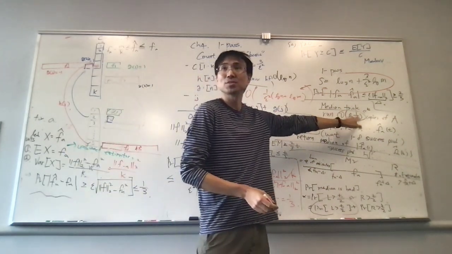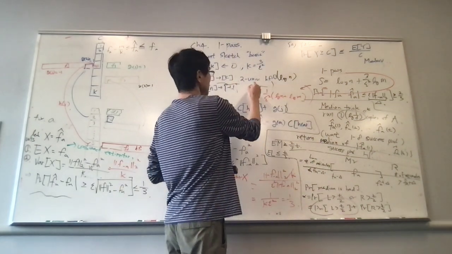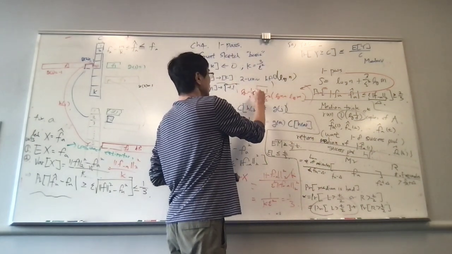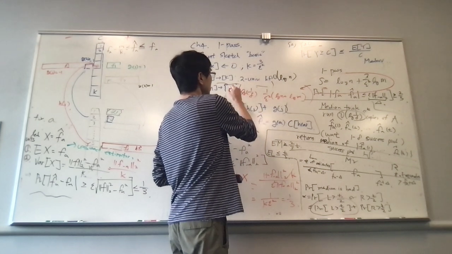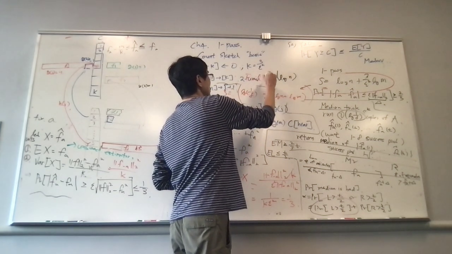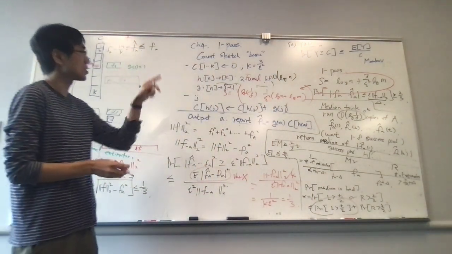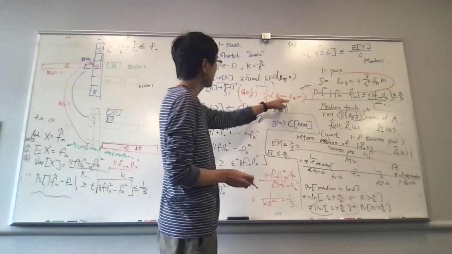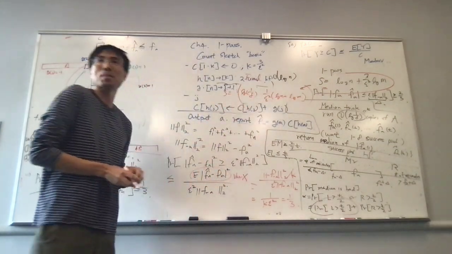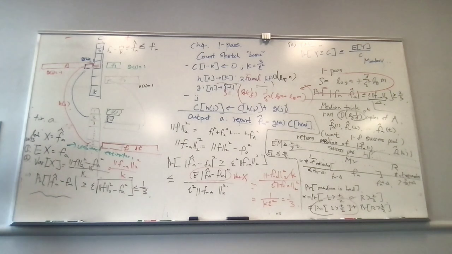K is this value, so it'll be log of 1 over delta. This is the final algorithm's memory usage: 1 over epsilon squared, times log n plus log m, times log of 1 over delta. Anyway, because he asked me to give an example of the algorithm,